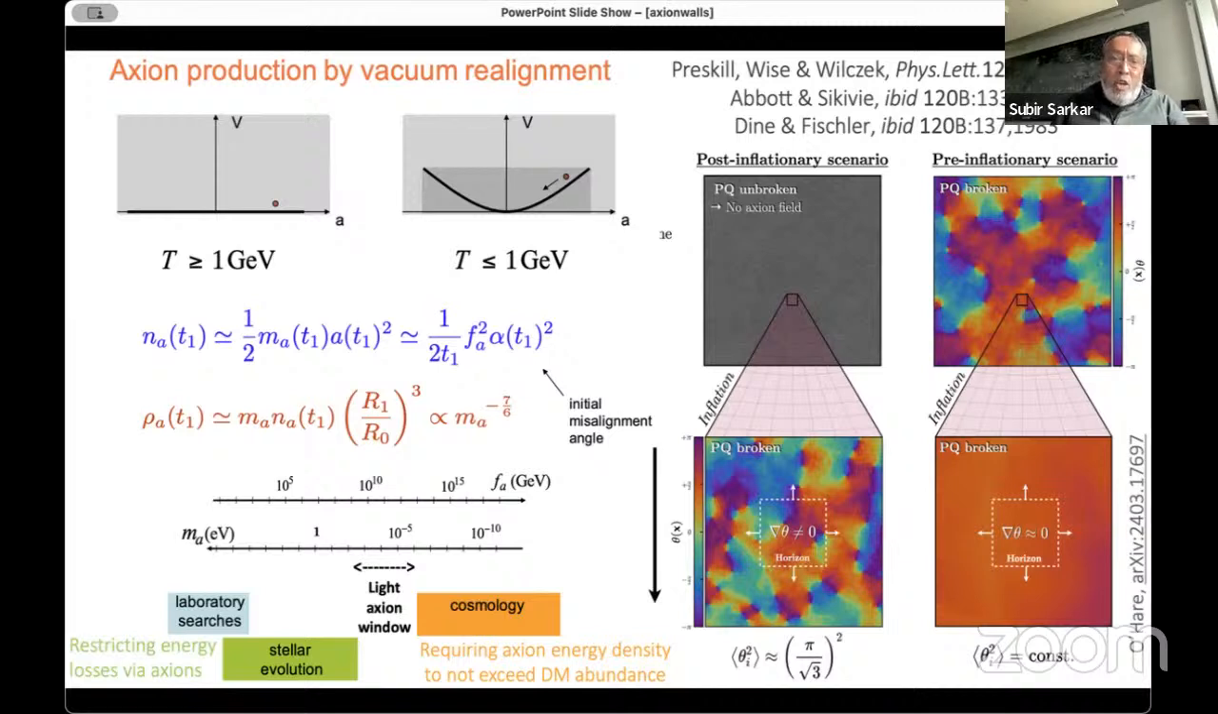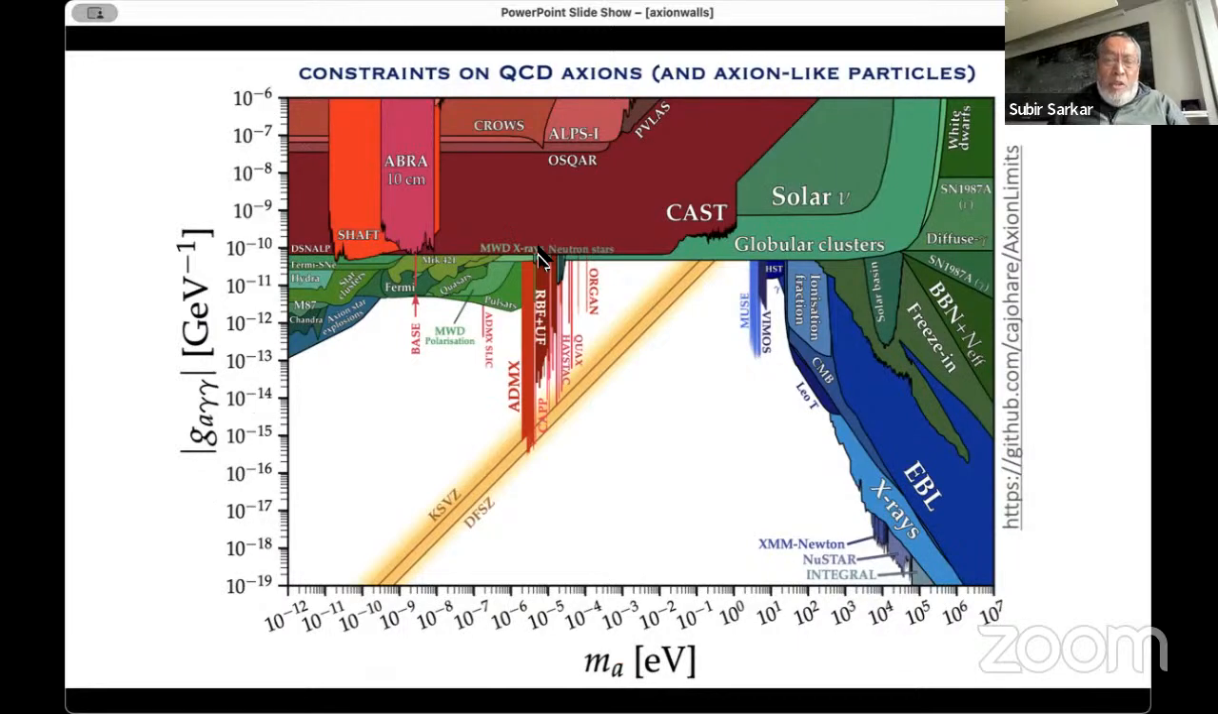And there are plenty of arguments for low scale inflation, which are being revived these days. So I think that this post-inflationary scenario is worth taking seriously. Now, when you look at the arguments that have been placed on axions, it is now customary to do it as